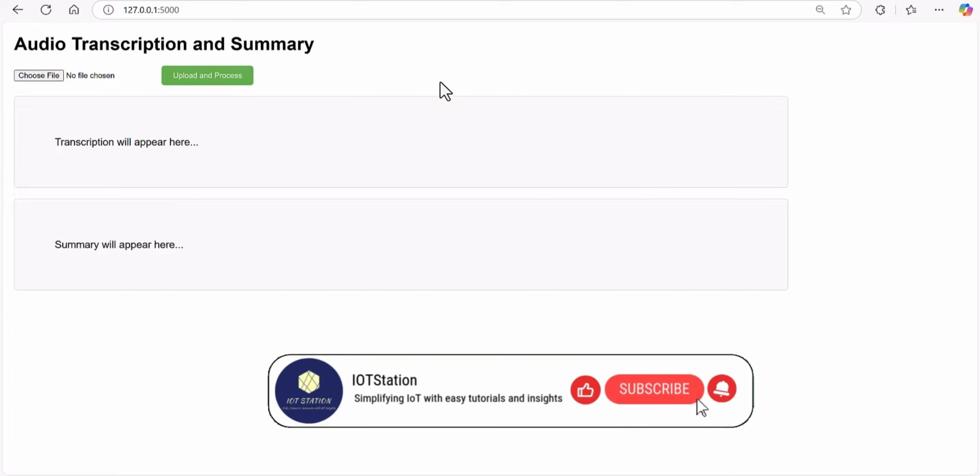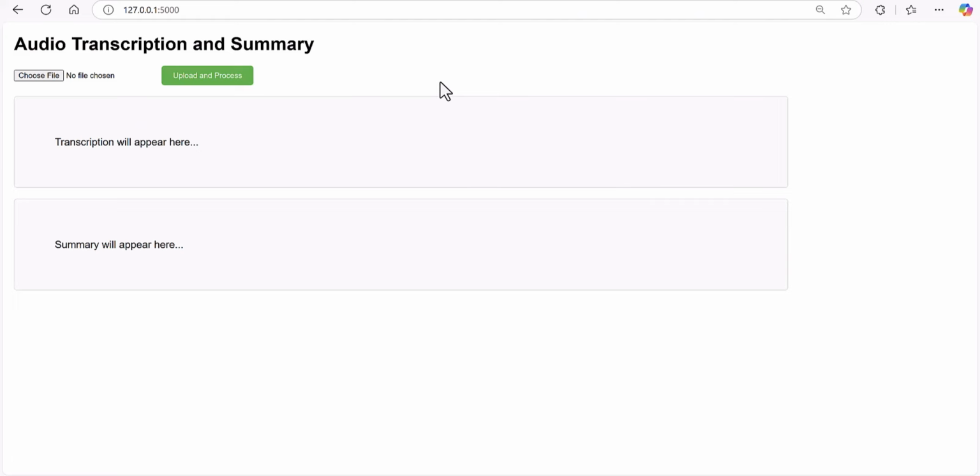Before we jump to running this software, I would like to highlight some advantages.